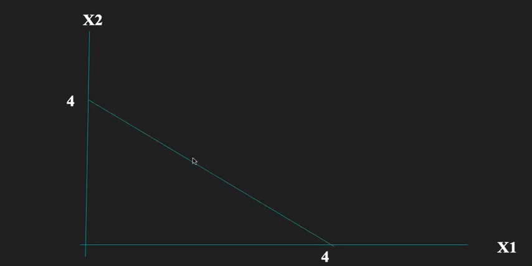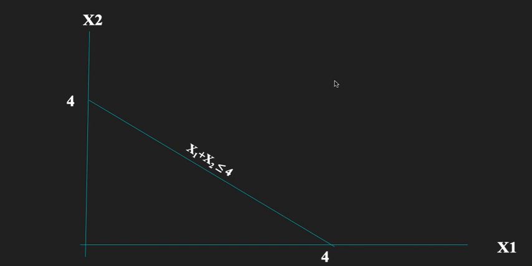Now see here, first, let this be x1 and let this be x2. The first points that we have to plot here are x1 is equal to 4 and x2 is equal to 4. So we are going to take 4 here, 4 here, and we are going to draw a line. Fine. 4 and 4, this is going to connect it. And this is for what equation? This is for the equation x1 plus x2 is less than or equal to 4.